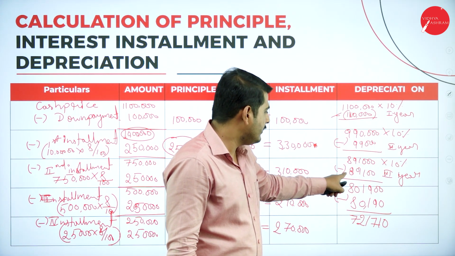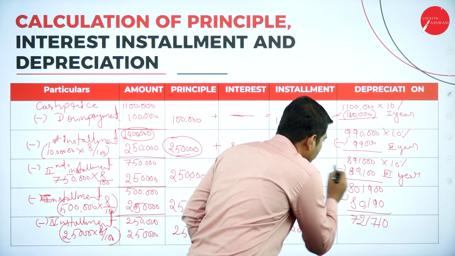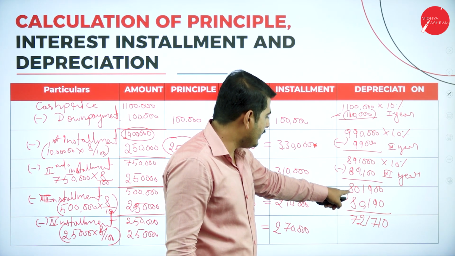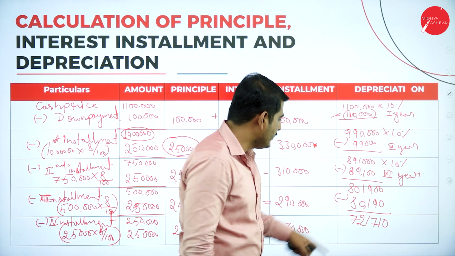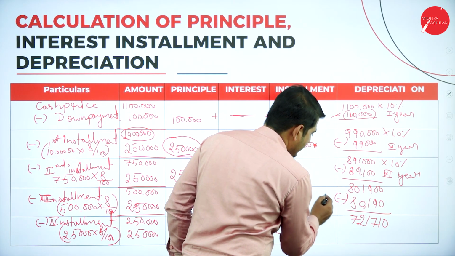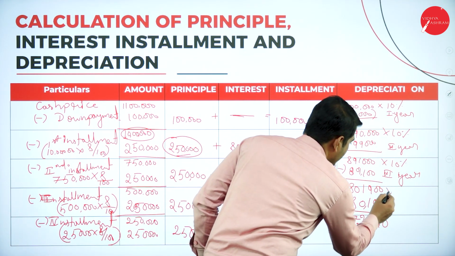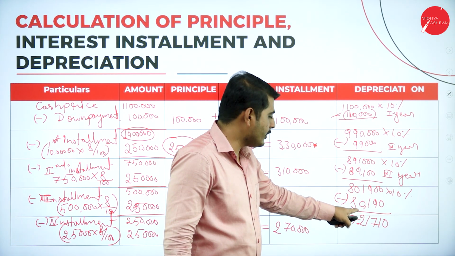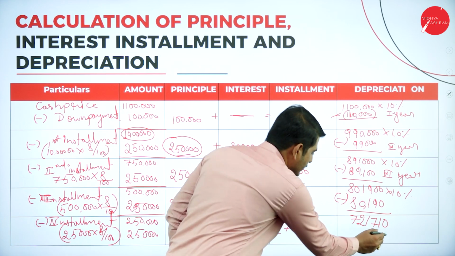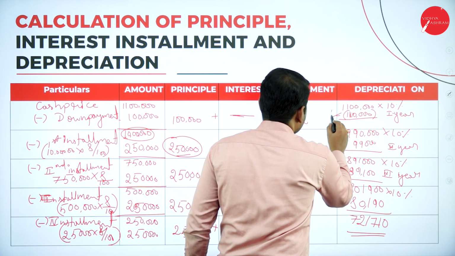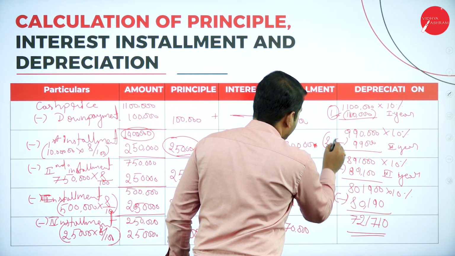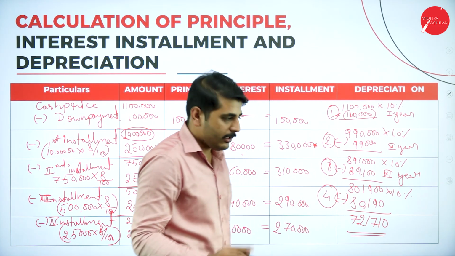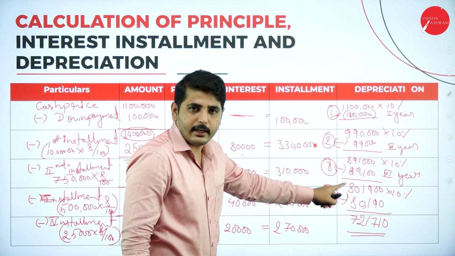We will get 89,100. Then deduct that amount. Then we will get 8,01,900. This is for the fourth year. Calculate the depreciation 10%. So if you calculate depreciation, it will become 80,190. If you calculate it, this is the final amount you will get. So this is the first year depreciation, second year depreciation, third year depreciation and fourth year. I hope you are clear. First year, second year, third year and fourth year.